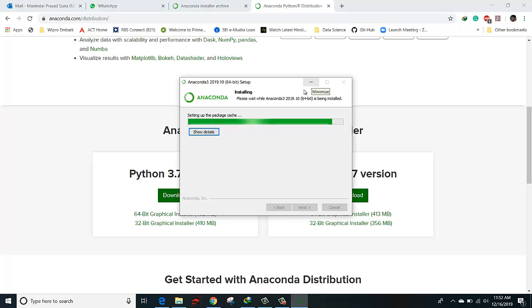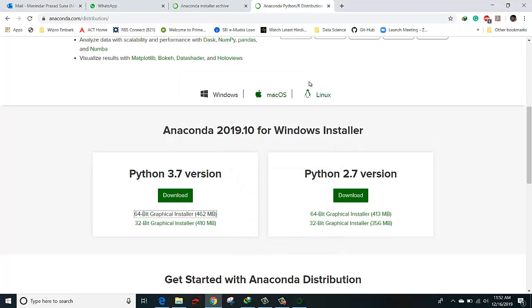Meanwhile, during installations we sometimes get issues, and I'm going to show what kind of issues we get. Anaconda may not be able to install, or we generally get some kind of issue when installing on Windows 7. Generally we get the error with the 3.x version, like 3.7, which is currently the latest. When we install 3.7, at that time we get that error. So to overcome that one,